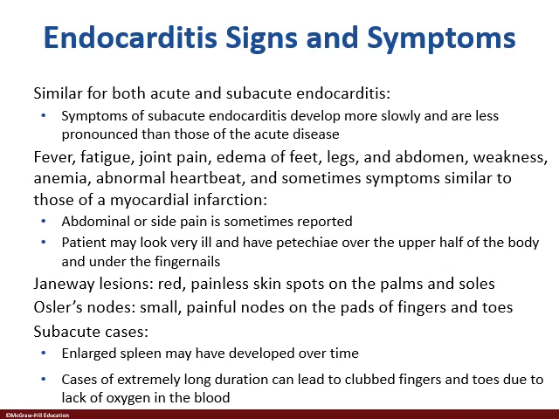The Osler's nodes are going to be swellings on the fingers and toes. The fluid there is going to cause these to swell up. For the subacute cases, you're going to also see fluid inflammation causing fluid and cells to collect in the spleen.